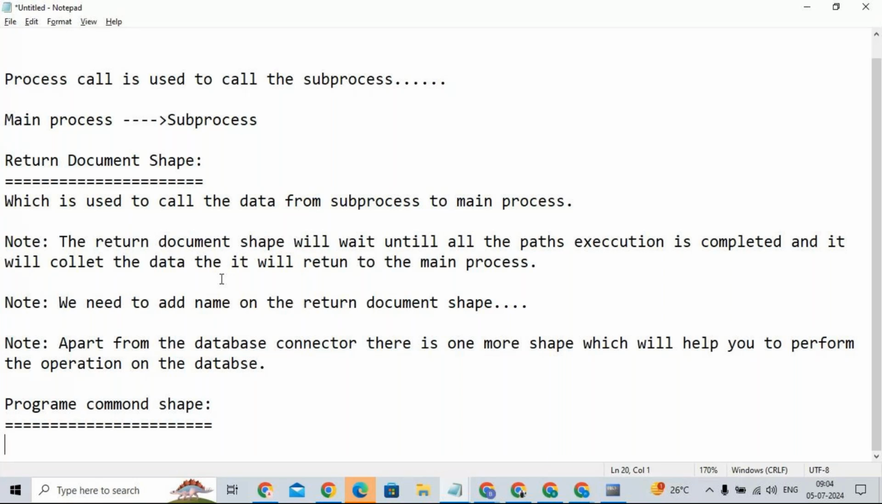And moreover, for stored procedures, if you are aware of stored procedures, then this database Program Command shape is used to work on the stored procedures. Okay, more on the stored procedure tables. So now by using the Program Command shape, we can perform